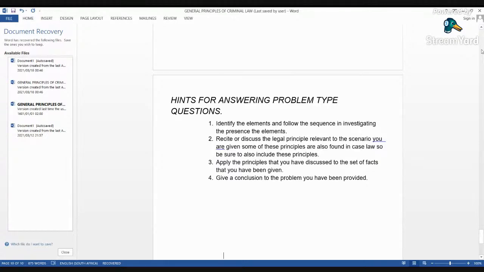So let's take the one in the study guide. We want to recite, we want to discuss the legal principles that you have. So the legal principles of an act says that an act, conduct, is an act or an omission, and it also says that the act should be voluntary. This is you discussing and reciting what constitutes an act, or what constitutes unlawfulness, and what constitutes criminal culpability, whatever the elements that you've been asked. And also, please always pay attention to